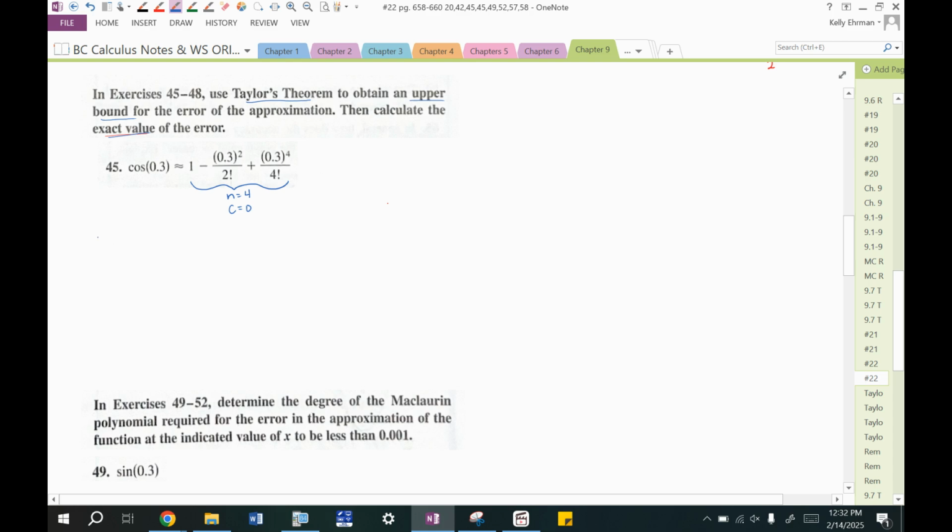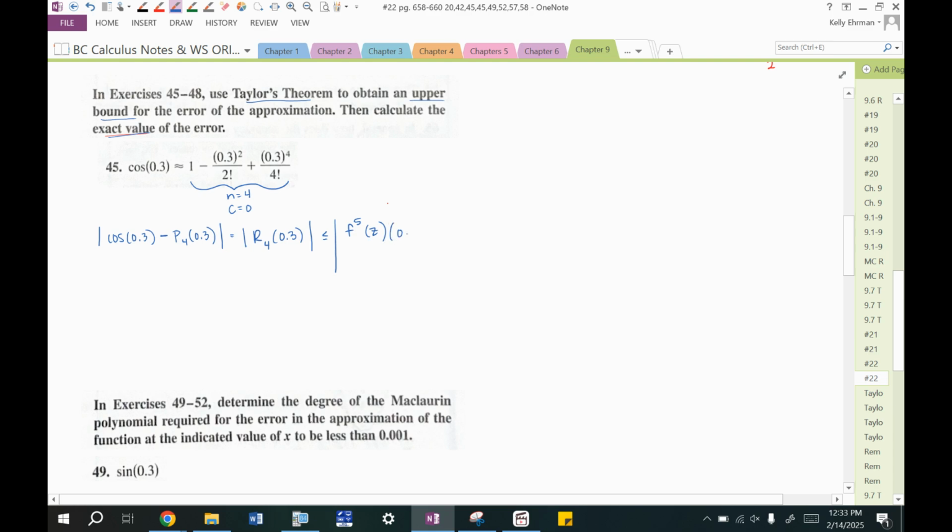So let me set up the formula, because you might see the way they write this on the AP test. They might say something like, okay, there's an actual value of cosine of 0.3. And what's the difference between that and our P4 approximation of 0.3? That's equal to some sort of fourth order remainder at 0.3. And our formula for that is that it's less than or equal to the absolute value of the n plus 1th derivative. So remember, we have n, so the 5th derivative in this case, the max value of that, we'll figure that out,